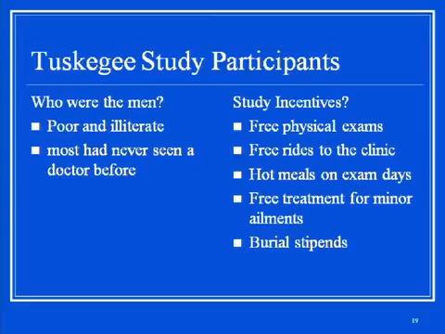Well, there are different accounts of things. For example, one thing that I know for sure happened was that the investigators in this study would go to other local clinics and say, don't work with these men. We're already working with them in this study, but they didn't disclose that they were leaving them untreated. So that was something that definitely happened. So even though they were second-class citizens, if you go into another treatment facility, by law, they have to give you treatment, but they were told these men are part of our special study, we're treating them, et cetera. So that was another way that it was able to happen for so long.